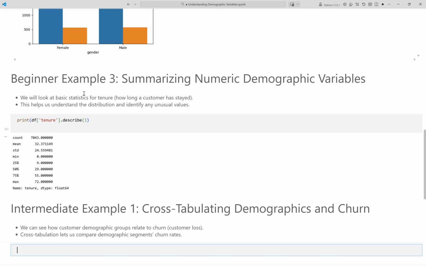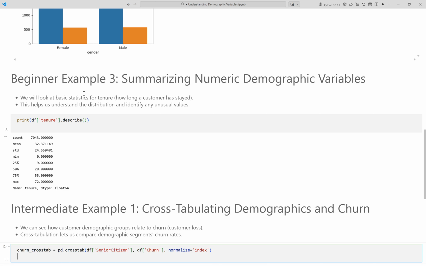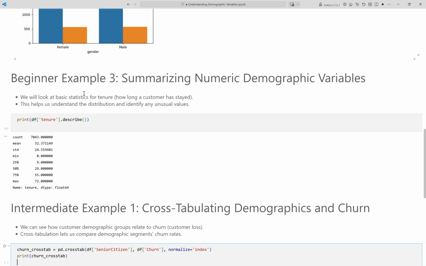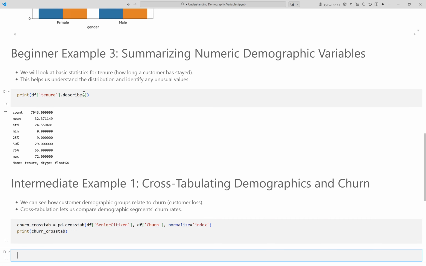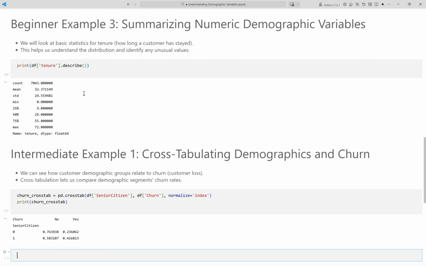We cross-tabulate senior citizen status and churn, using row normalization to see within-group churn rates. Here are the resulting proportions by demographic group. This crosstab shows the proportion of customers who churned versus stayed, separated by whether they are